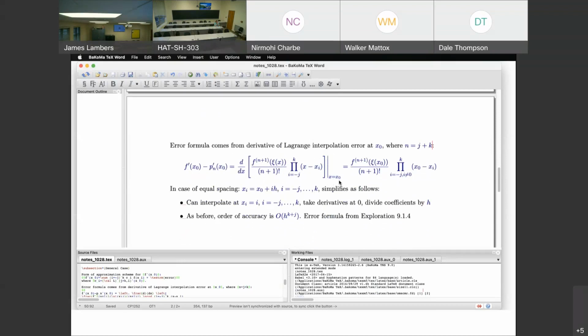Now, the thing is, we have here an interpolation error. This is an unknown point, c of x. So how can we possibly take the derivative of this if we don't even know what this is? It turns out not to be a problem in this case, but only because we are evaluating this whole expression